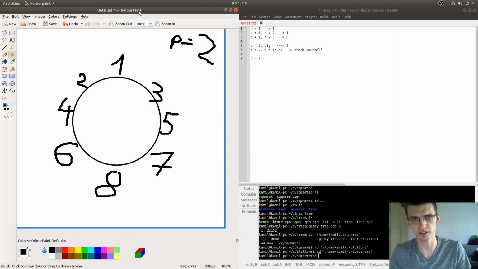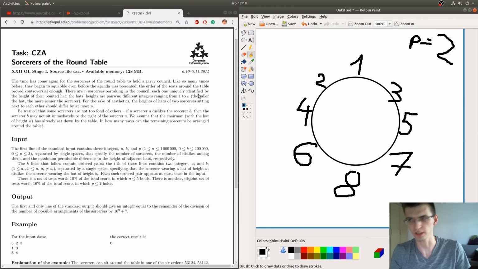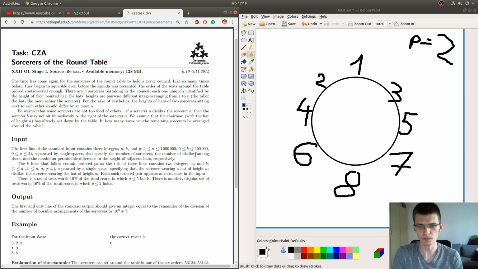There are more possibilities. But there's one more thing in the statement. We are given some forbidden pairs. We are given k up to 100,000 forbidden pairs, where there is one person and a person next to the person right to him. So for example, it's something like after person number 3, the next person to the right can't be 4 or something like that.